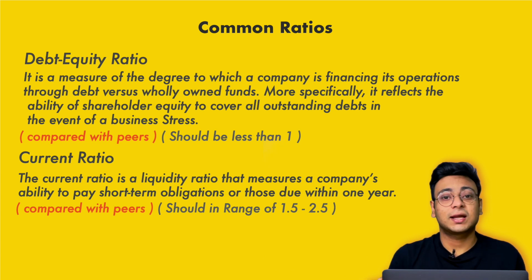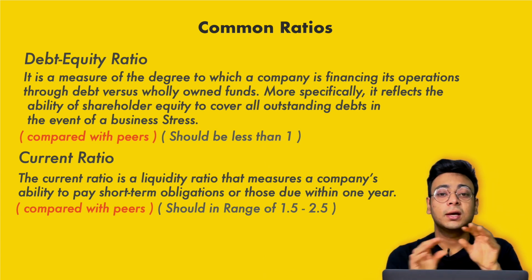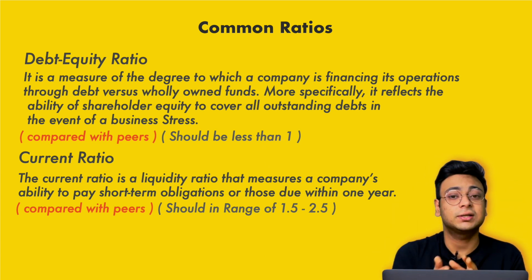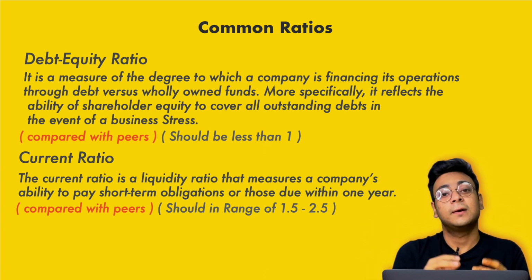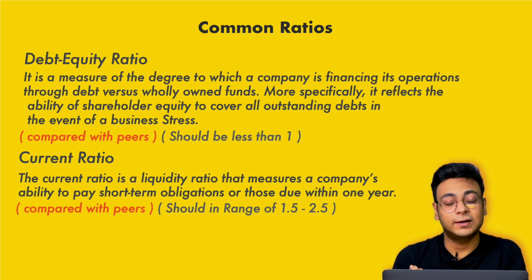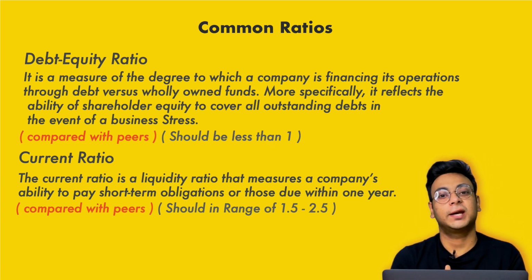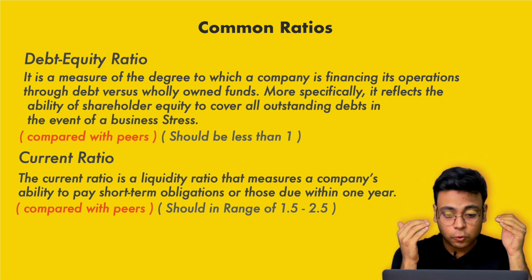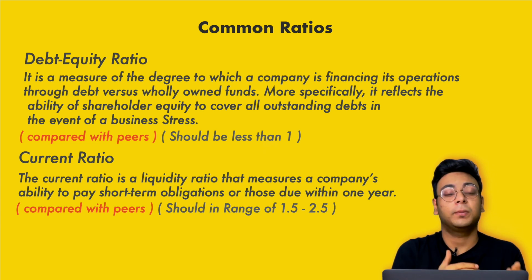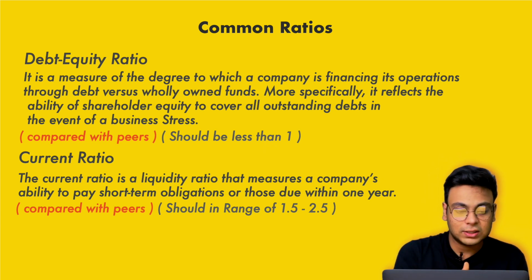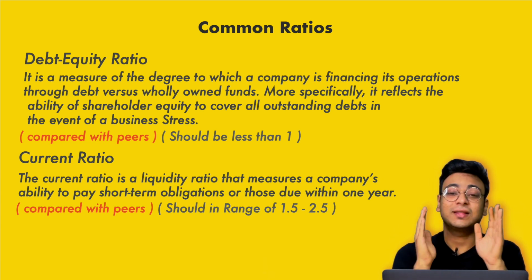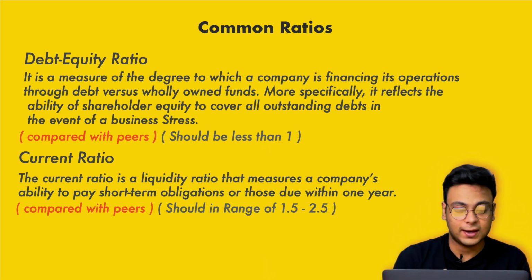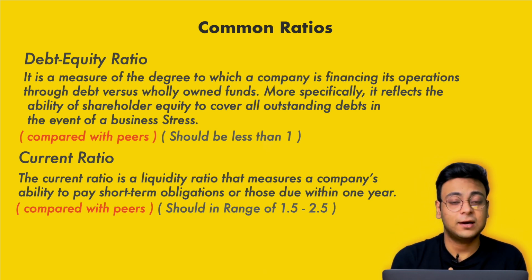So this ratio is telling us about the short-term loans a company takes, because in the balance sheet we always look at the unsecured loan which is written in the debt part. But then there are other things like other liabilities, which are short-term borrowings a company takes, loans which they want to pay off within 1 year. So what is the capacity of the company to pay off these amounts? This ratio should be in the range of 1.5 to 2.5. That would be an ideal range for any company, and again it should be compared with its peers.